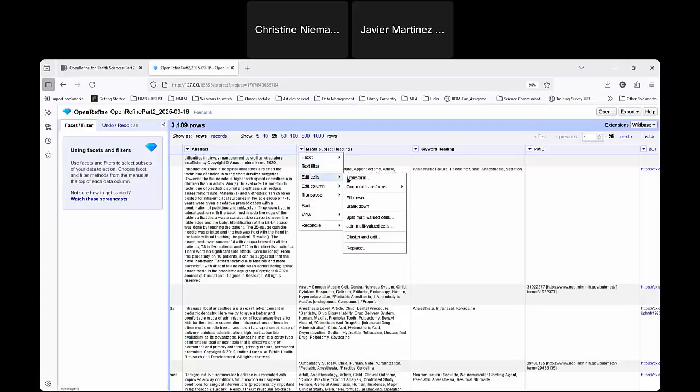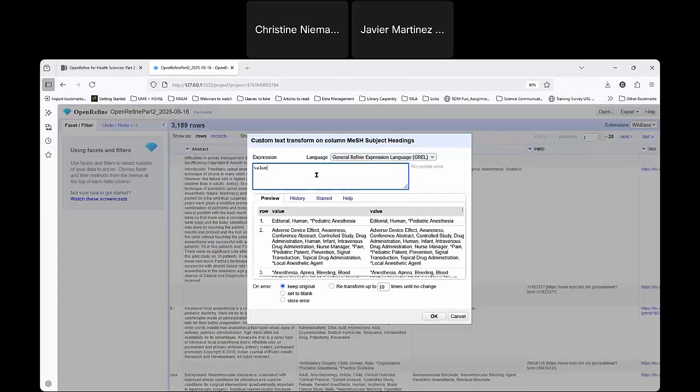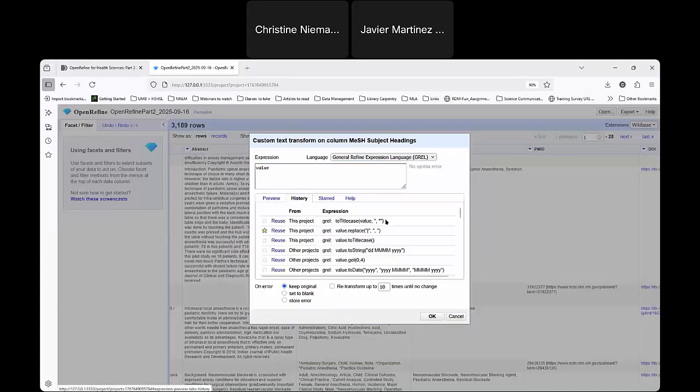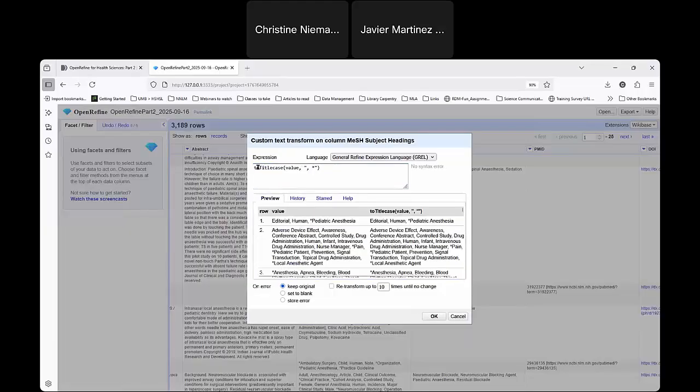So we're using our drop-down menu. We're going to edit cells, transform. We have our expression. And actually, I'm going to go into my history and copy the same transformation that we just used. So this was our toTitlecase value, and then our delimiter, which is the comma, space, and star. And this time I want to make sure that we're transforming anything that starts with a bracket. So I'm adding that bracket